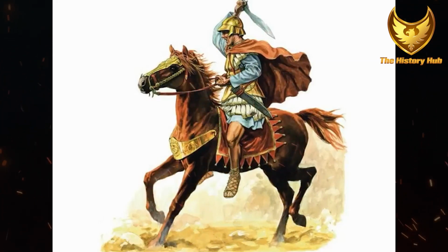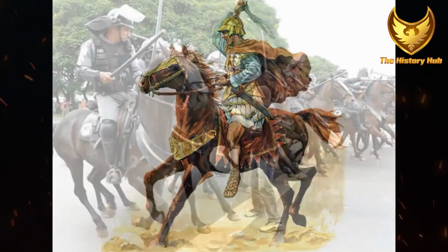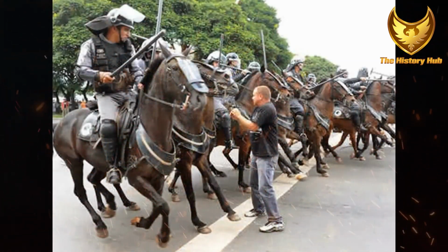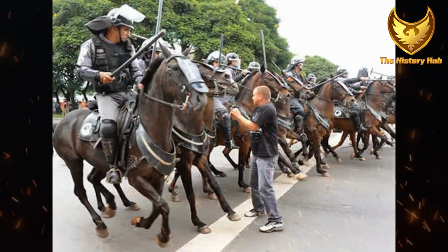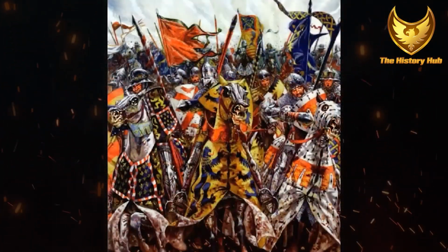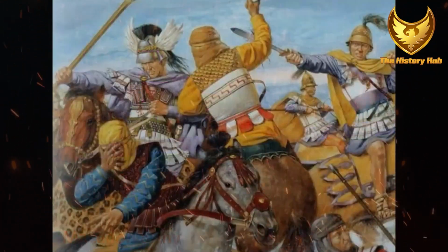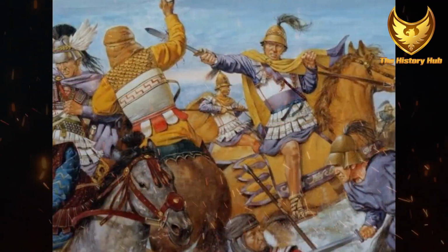Alexander was also known for his ability to adapt to different environments. He was equally comfortable fighting in the mountains of Afghanistan as he was in the deserts of Egypt. This adaptability allowed him to take advantage of the terrain and climate in each location and use it to his advantage. Alexander was not just a tactical genius,